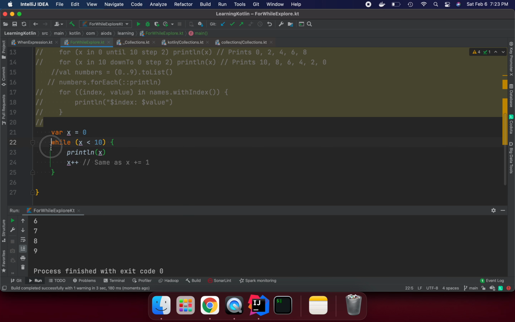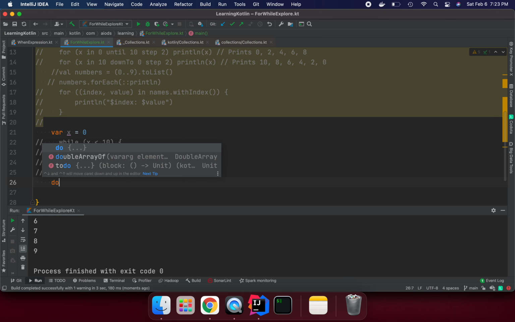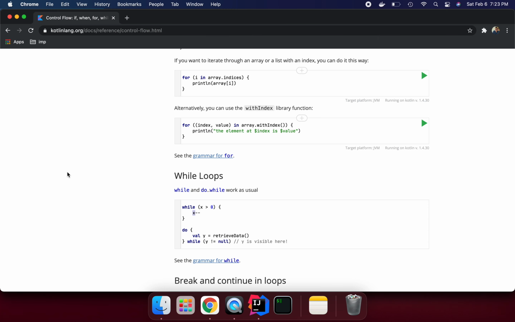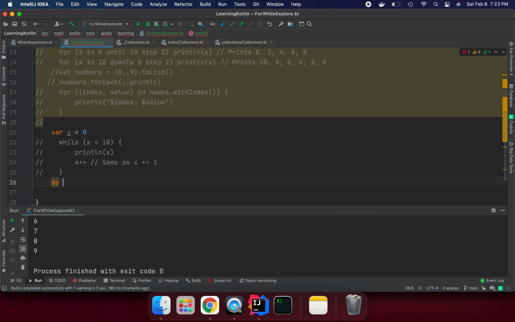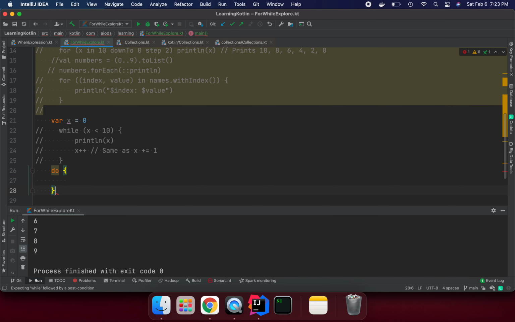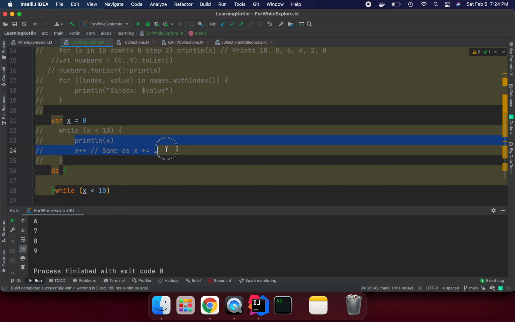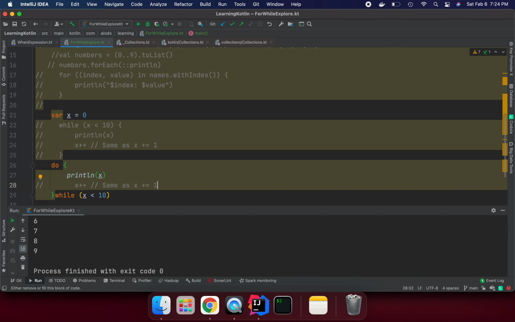If we try the same thing with do while, how is it going to work? We say do, then while, with the same condition right here. Here we print, first it prints, and then it matches the condition.